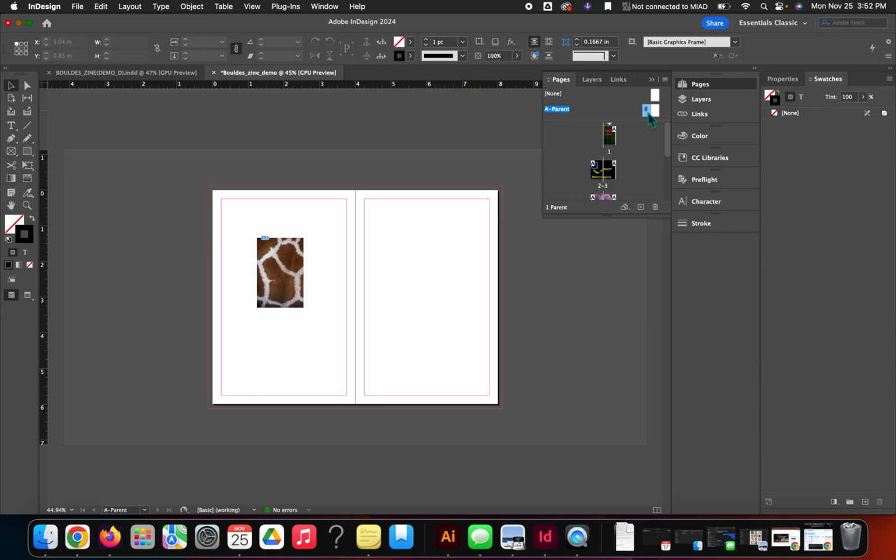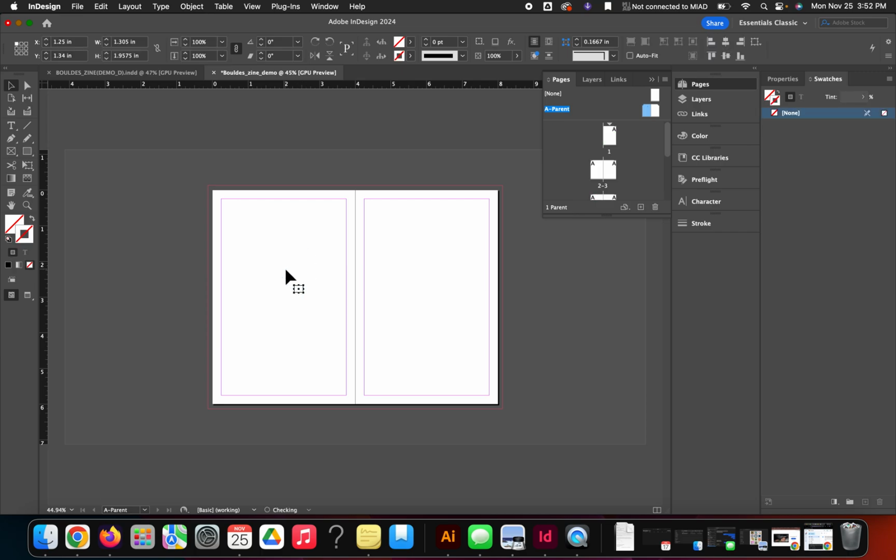So, I mean, you could put anything on your parent, whatever you would want. I was going to say page numbers, but page numbers would not be the same throughout. So I would type those in manually, but do make sure that they are within your margin so that they don't get cut off. Other things you can do for the sake of keeping things organized,